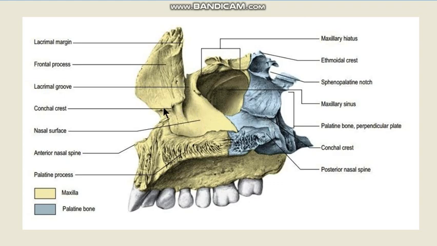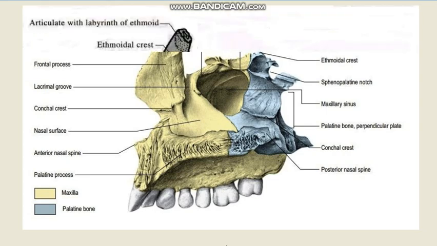From below here you have the inferior nasal concha blocking the maxilla. From behind, as you can see, we already have the perpendicular plate of the palatine bone. So this hole is now more or less closed. You have the ethmoid, you have the inferior nasal concha, and you have the palatine bone, and these three together close up the maxillary hiatus and leave a very small opening just above the uncinate process of the ethmoid. So below these parts are sealed with mucous membrane, and just above the uncinate process you have a small residual opening for the maxillary sinus, which is actually a little bit high above the floor of the nose.